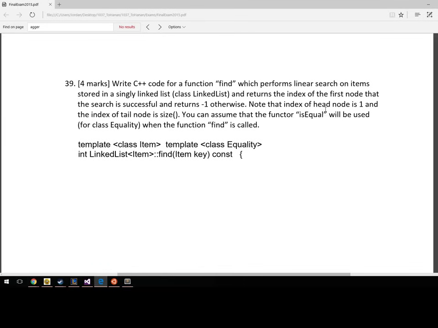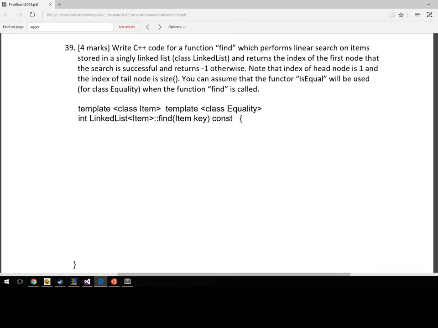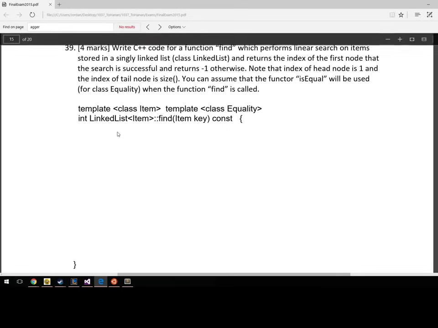Note that the index of the head node is 1 and the index of the tail node is size. You can assume that the functor is equal will be used for the class equality when the function find is called. Cool. Alright, so we have some class linked list,